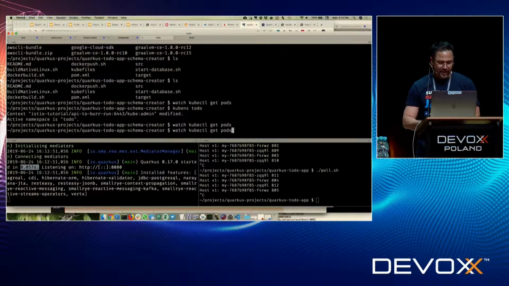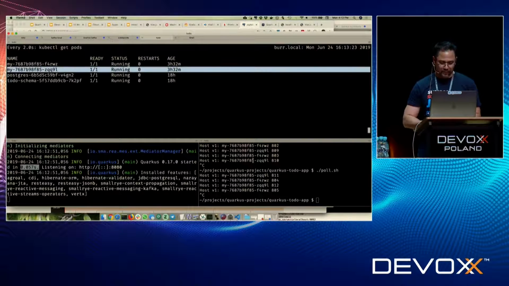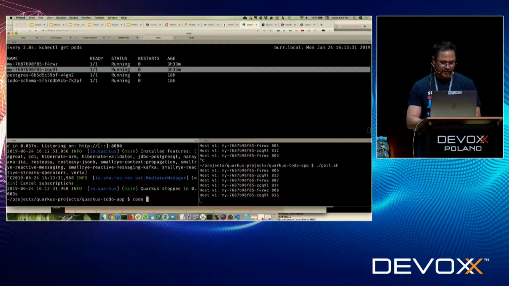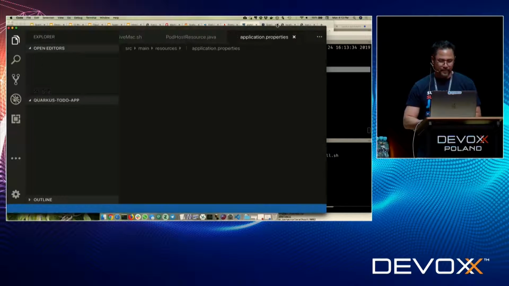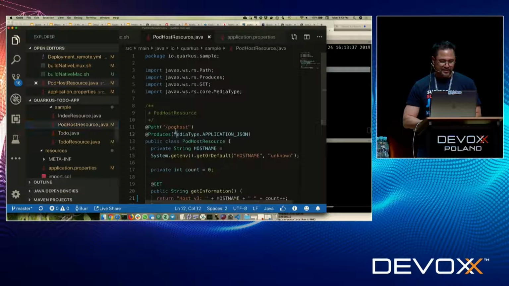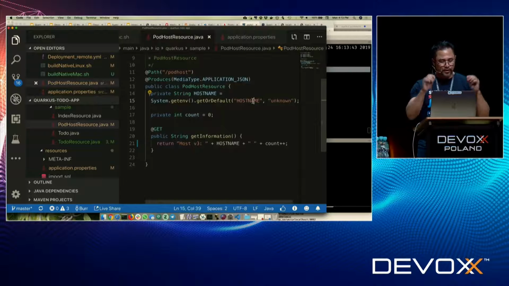So to give you a feel for that, I'm going to come here and actually show you this application now is running on Kubernetes. So I did the kubectl get pods here. I have 2 of it running right now. Let me see. I have a poller. I'm going to basically poll the endpoint. Let me shut that down. And actually, I want to show you what this endpoint looks like. And then all this is basically it has this path called pod host. It's going to return the host name. It's going to return the computer name this Java application thinks it's running on.